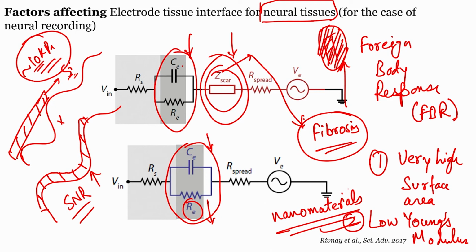So these materials, when combined with the mechanical softness of substrates like polymers, can result in both of these parameters being satisfied, resulting in an overall reduction in the impedance offered by the tissue electrode interface, which in turn results in improved quality of the recorded